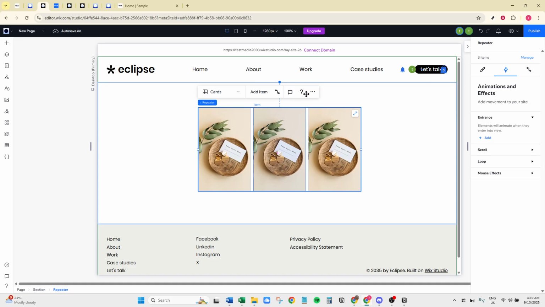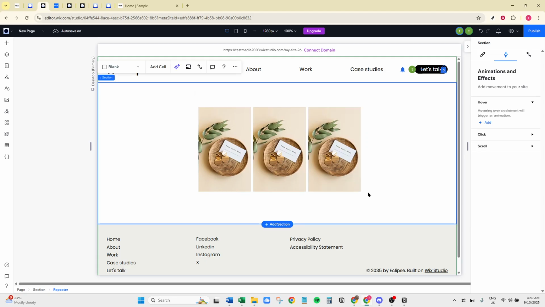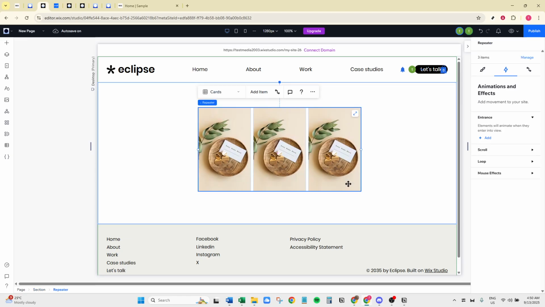By doing so, you'll highlight the whole element for editing. If you're having trouble picking out the repeater itself, try hovering your cursor over sections of your page until you see the outline of the element you wish to remove. With the repeater selected, you're just a step away from removing it.